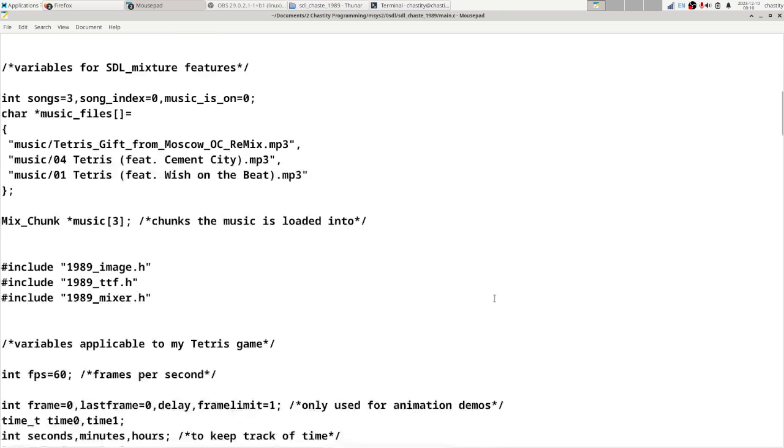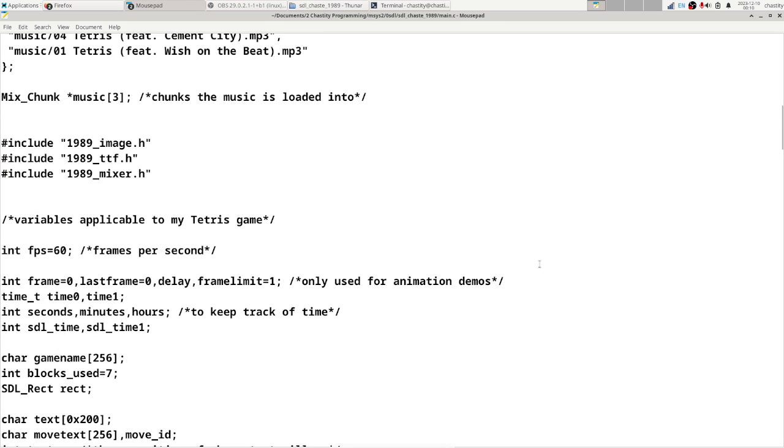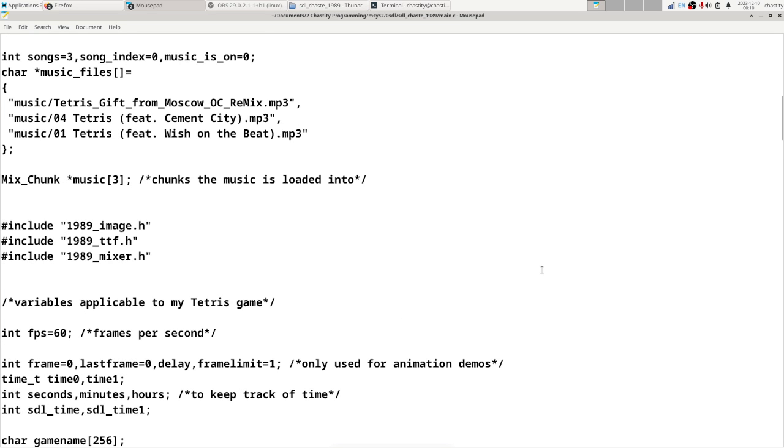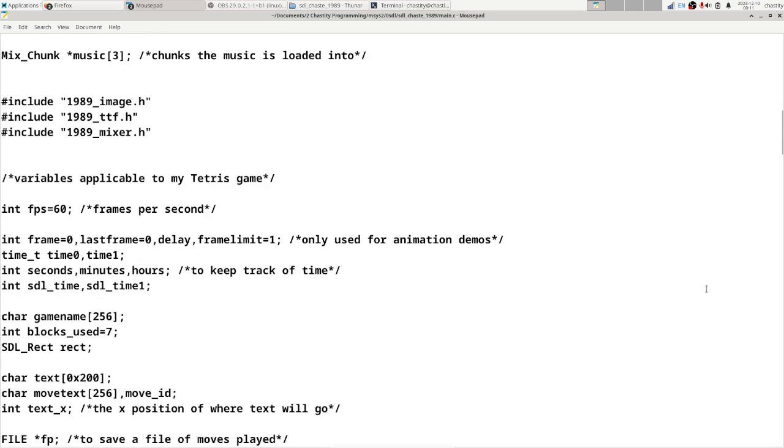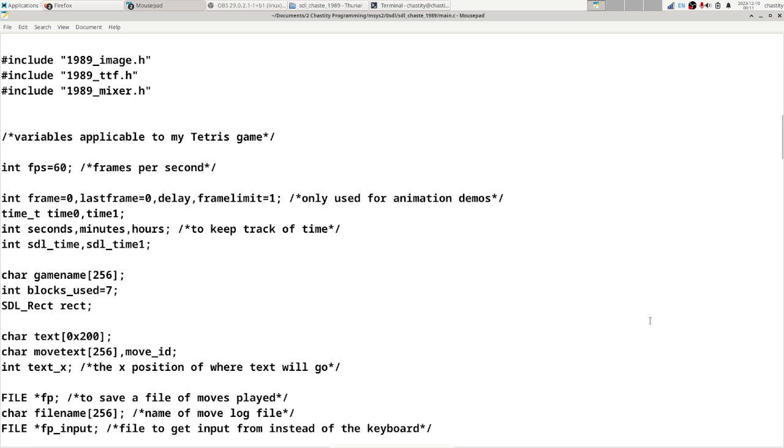And here are the variables for the music files that are loaded when it loads music. And actually, I need to add proper credits at some point, but the first one is from OC Remix. The other two are from Game Chops. I have their music and it's under a Creative Commons license. So anyway,